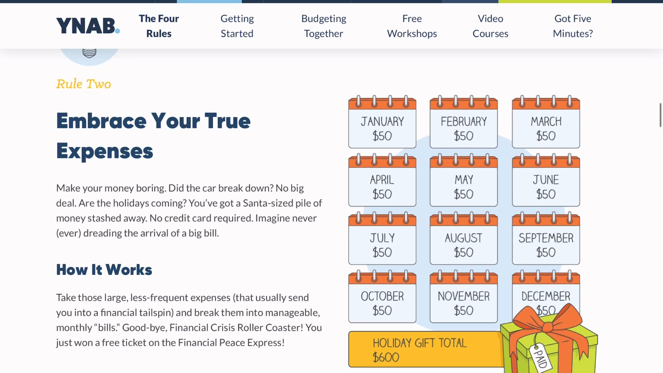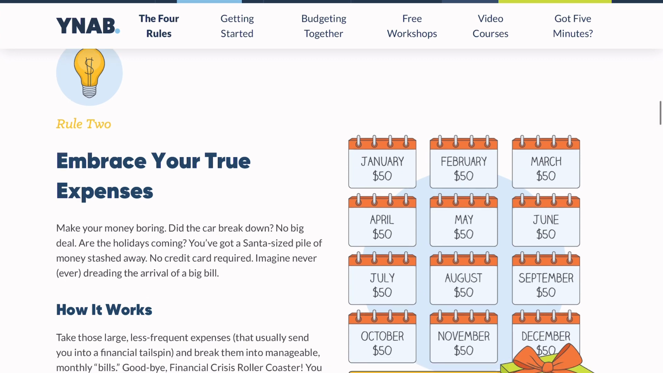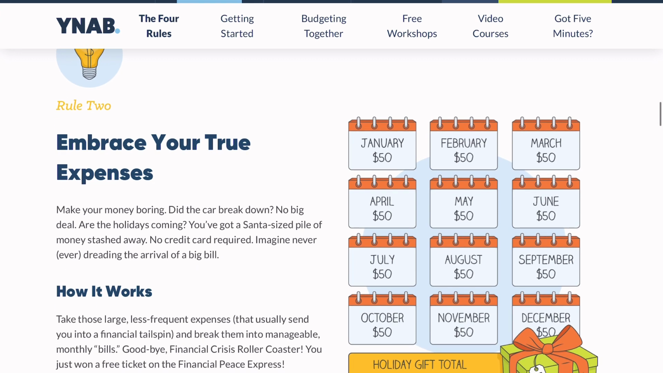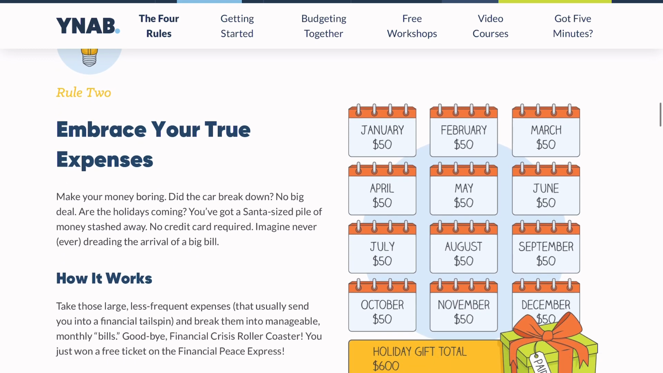Now, rule 2 with YNAB, and they have 4 different rules, and we'll go into that in another video, is true expenses. These are the larger, less frequent expenses that you do have over a calendar year. Some of those expenses are like your holiday expenses. Christmas is on the same day every year. If you start budgeting a smaller amount of money in January,